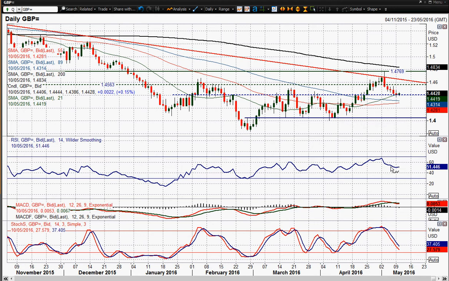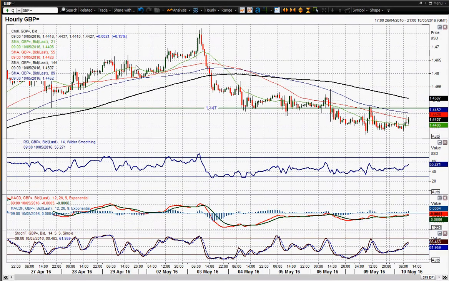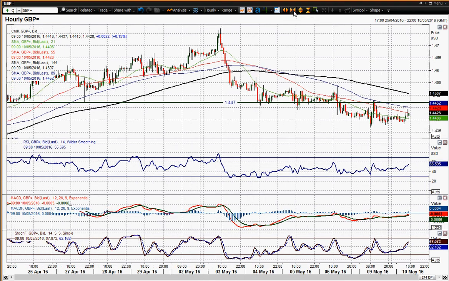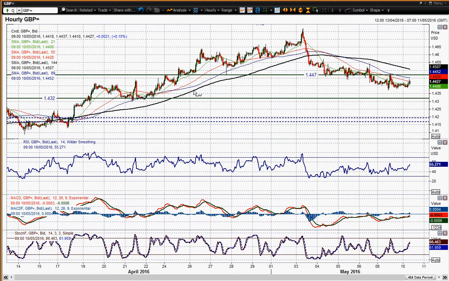Interestingly enough, the RSI has unwound back to 50 and started to level off a touch. Stochastics are still falling. MACD lines have just crossed lower, but again, nothing drastically bearish on that. But as I said, it's interesting around this 44 figure level. We've got the 43 figure, as I said yesterday, as the key low. So keeping hold of the 44 figure would help this chart, and you started to see the momentum indicators shallowing out.